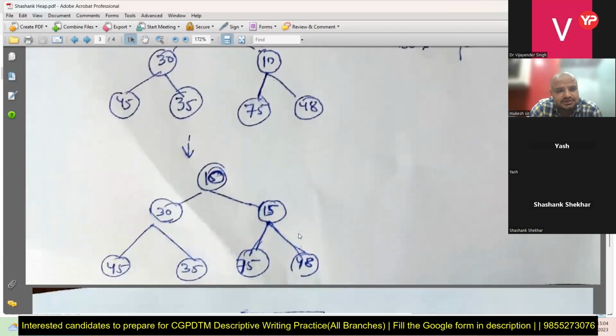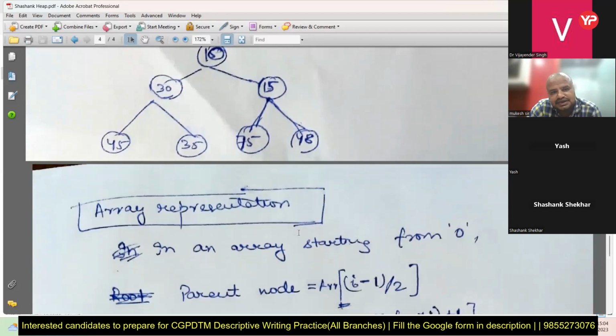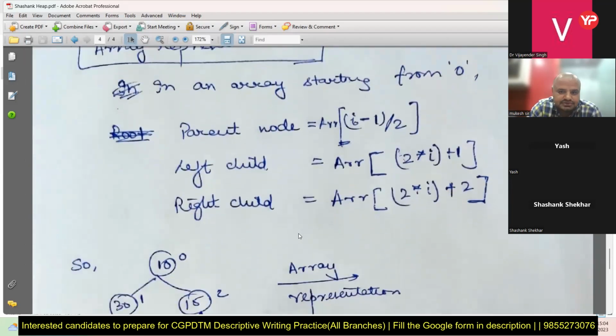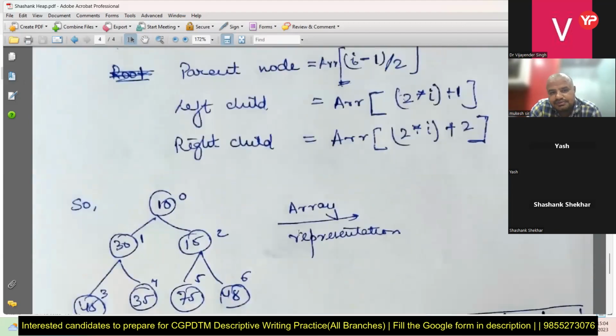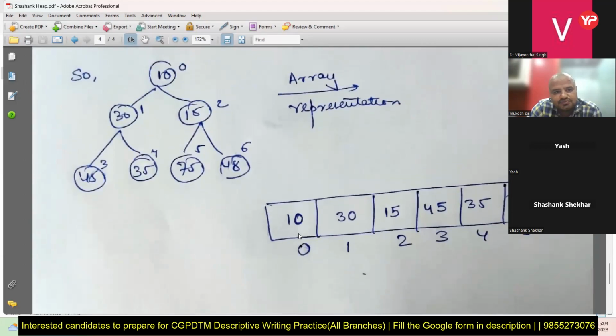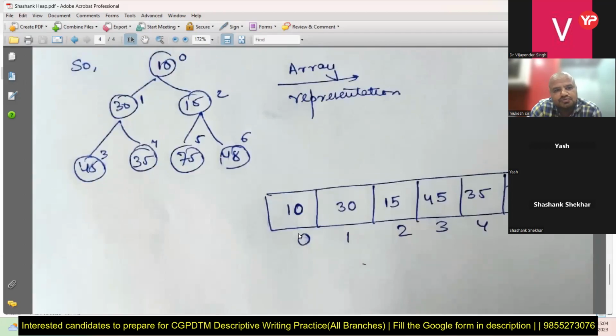So I think Shashank, you already follow the Coleman book. I think so. That's why you are adding dotted lines and writing the array representation. Very good. That's the nice thing. So you are mentioning here that the array starts from zero, right? In that case, the given formula applies. So final, final, okay. So you are concluding something. So you have to write the word